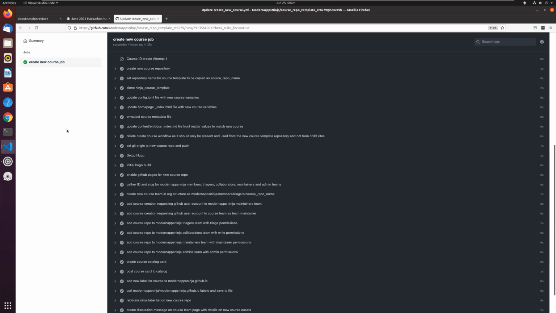Teams are an organization-wide construct, and within every single repository, you have to assign what level of permission a team will have in that repository. When you first registered with the community, the same workflow that invited you to join the Modern Apps Ninja org also added you to the Modern Apps Ninja members team. So if you're a member of the community, you are already a member of a team.